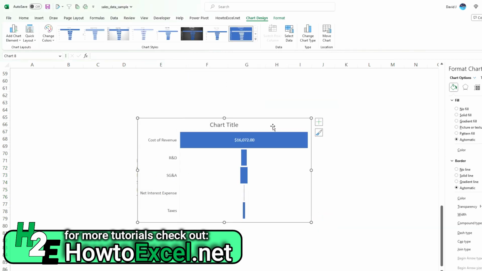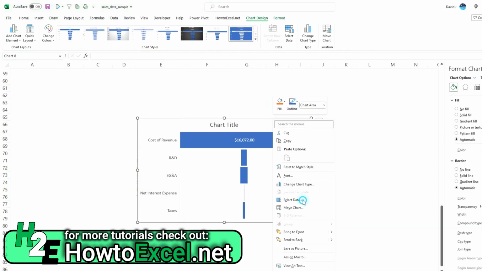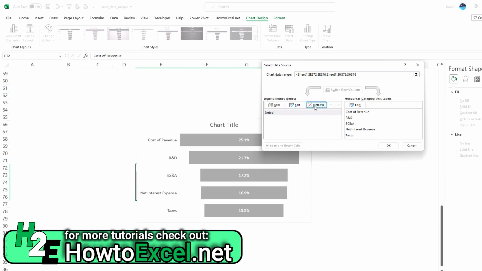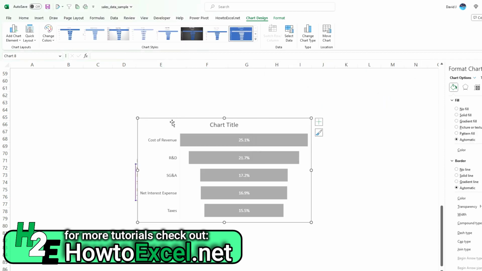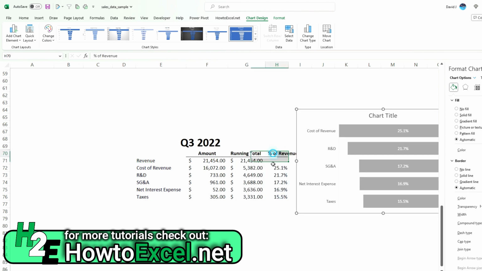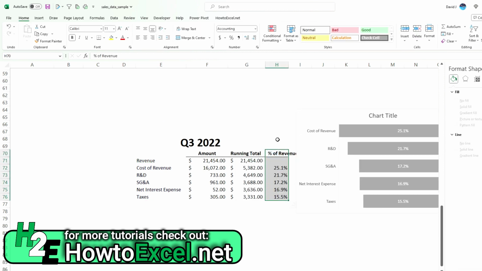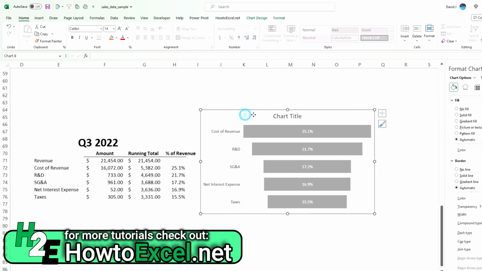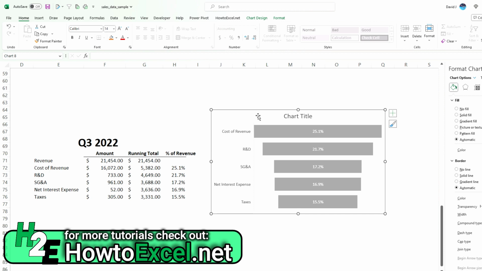And so immediately right click, select the data to make sure I get rid of the first two series this time. And you could simplify this by just having this percentage of revenue off on its own, so it's not connected to this table, and that can make it easier for Excel to pick up exactly the one that you want. Okay, so by looking at this funnel chart, we can see that at cost of revenue,